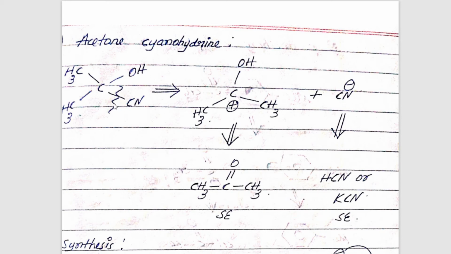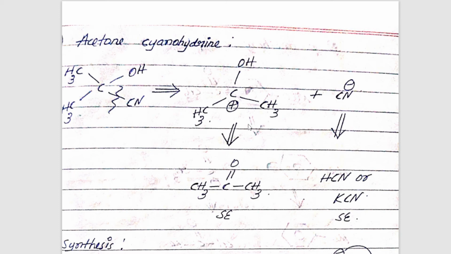If you disconnect the CN part from here, it is easy to add cyanide to this particular ketone molecule, correct? So what you'll do, you will disconnect over here. So you get CH3, C+(OH), CH3, correct? And this will have a plus charge because cyanide usually goes out as CN minus. Okay, so this will have a plus charge and you will get CN minus. So what are these two called as? They're called as synthons.